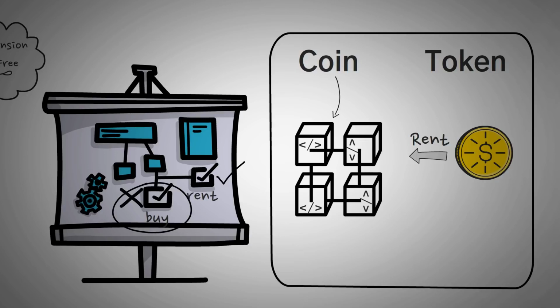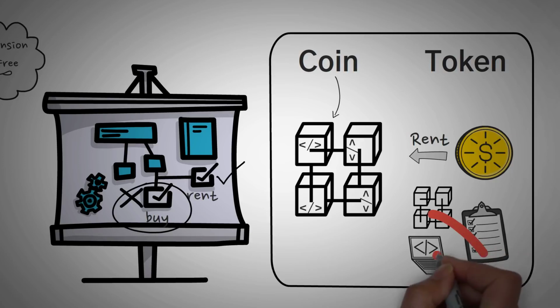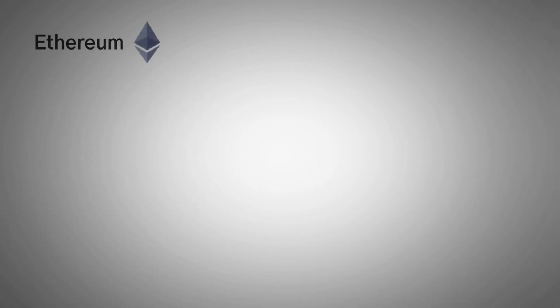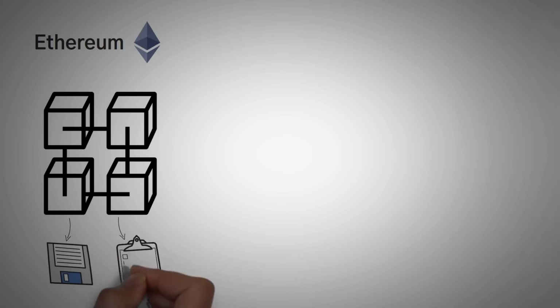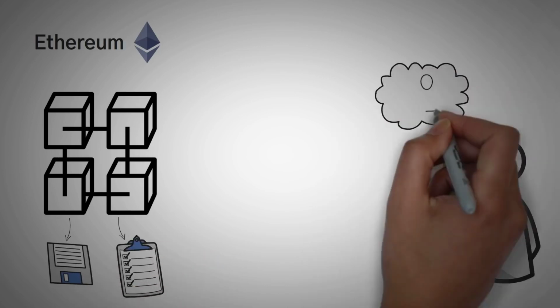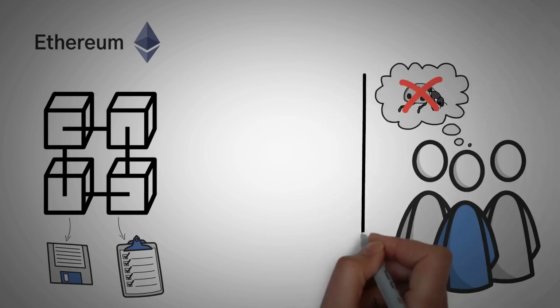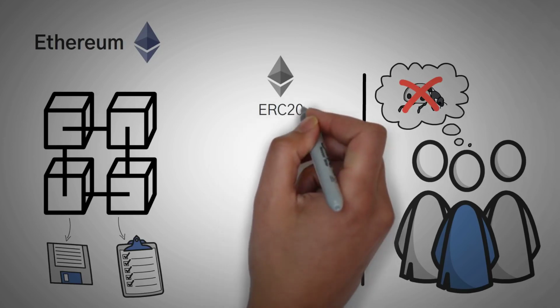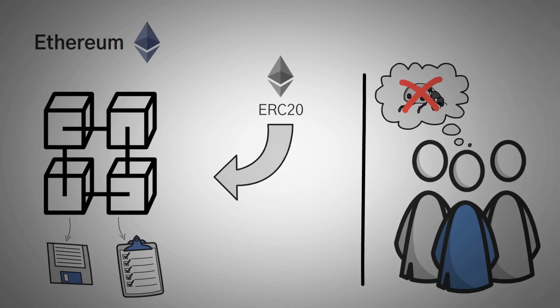When you create a token, you don't have to create the blockchain, write the full code, and worry about how it should be validated. Instead, you just create the token and it runs on that blockchain. The best example for this video would be Ethereum. Ethereum is its own blockchain that both stores value and validates transactions. Ethereum's team has been working very hard the past few years on improving the entire system, updating how it works, and patching vulnerabilities. An Ethereum token, or an ERC20 token, uses Ethereum's blockchain's capabilities as its backbone and infrastructure.